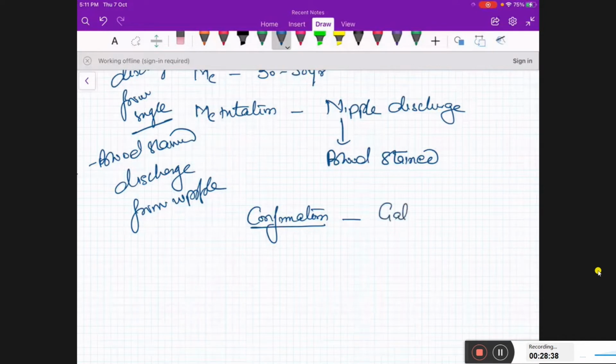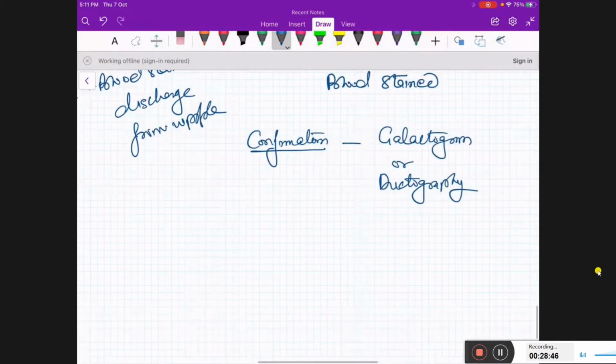galactogram or ductography, and the treatment of choice for this condition will be